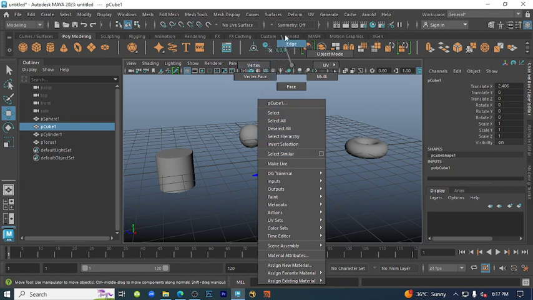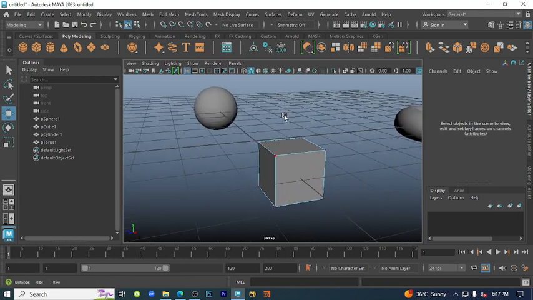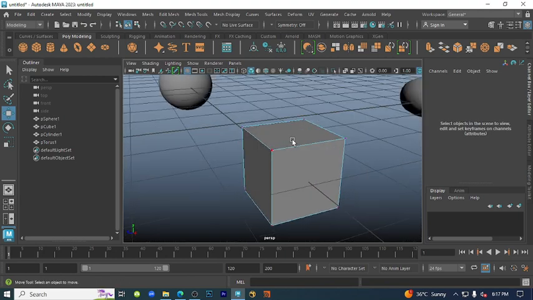So if we want to go to a component mode, we can just right click on any of the objects and then go to the component mode. In component mode we will select the vertex of a box. So if we want to select the vertex, we can just hold shift and click on the vertex, so it will get selected. If we want to subtract any of the vertex, we can hold Ctrl and then deselect it